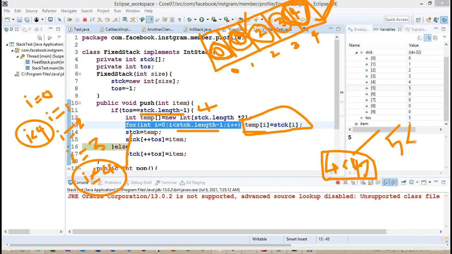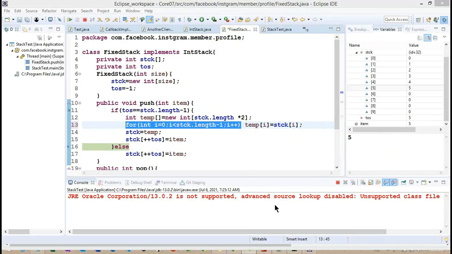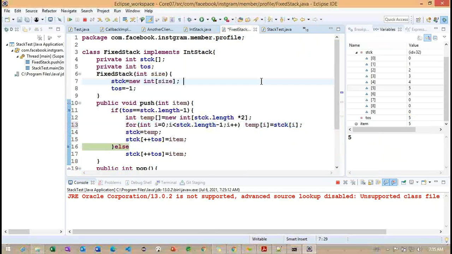And whenever we reach 5 less than 5, this condition will not be satisfied, so it is not going to copy any values. This is the way we need to think whenever we are trying to create any dynamic object creation here. Getting the point? Now you can observe.